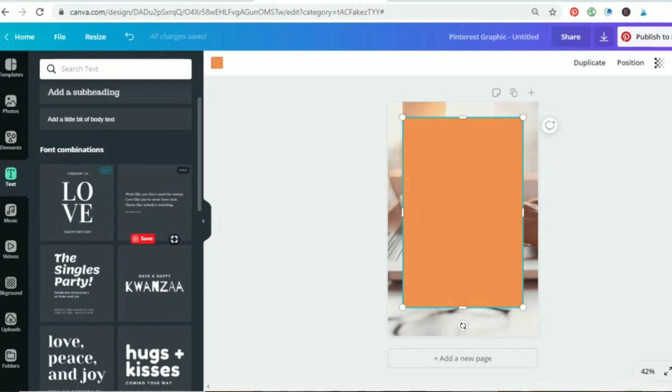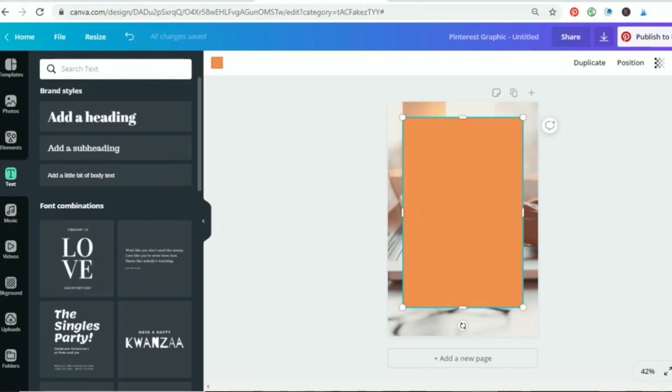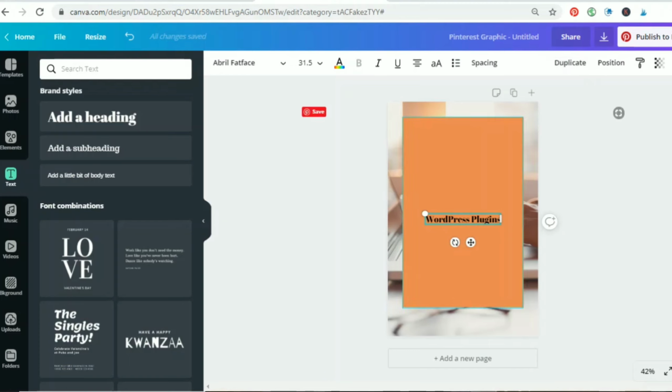And we're going to add some text to this Pinterest graphic. Now, again, they have font combinations for you to use. I usually just like to add my own text and then change the font as I go. I'm going to type in WordPress plugins, and then I want another line. I don't want this all on the same line, so I'm just going to hit duplicate, and I'm going to drag that down,